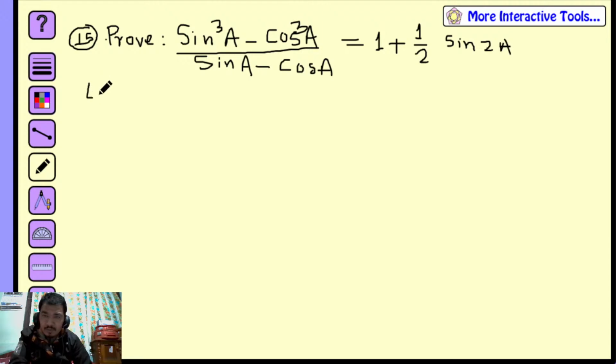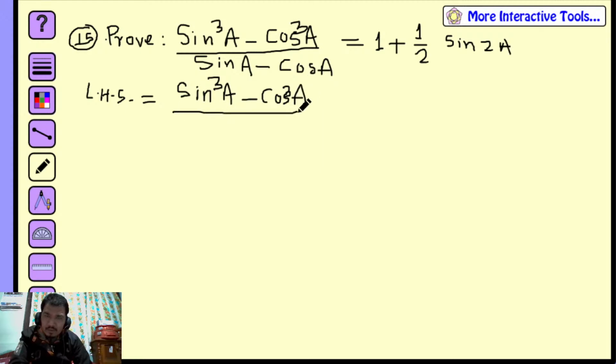Okay, first we have to write the LHS here, right, the left hand side. Then write the question of this left hand side: sin cube A minus cos cube A, divided by sin A minus cos A, right, and we have to open the formula of